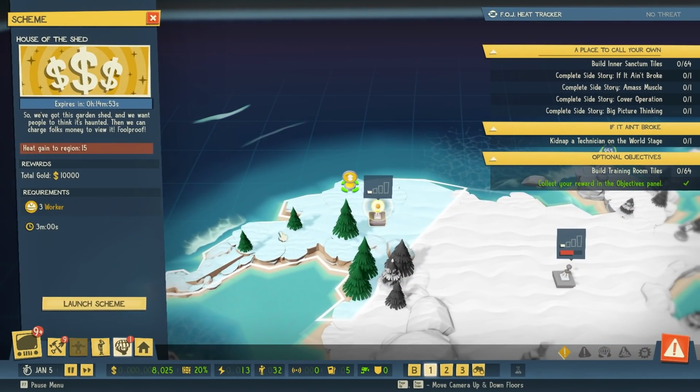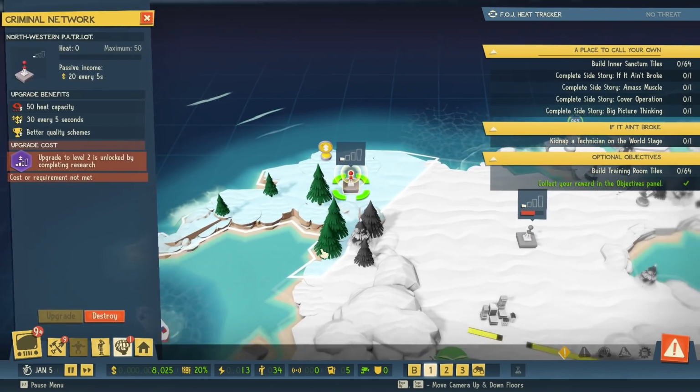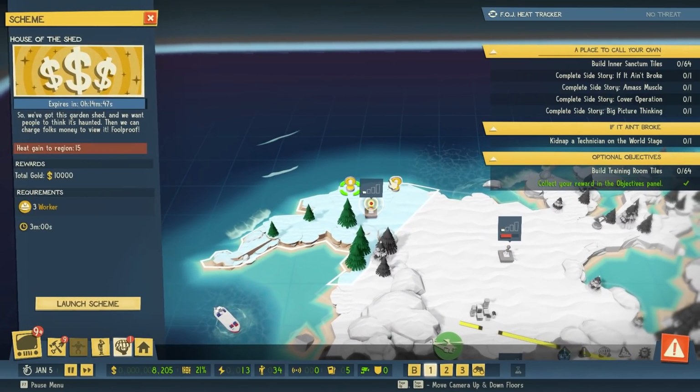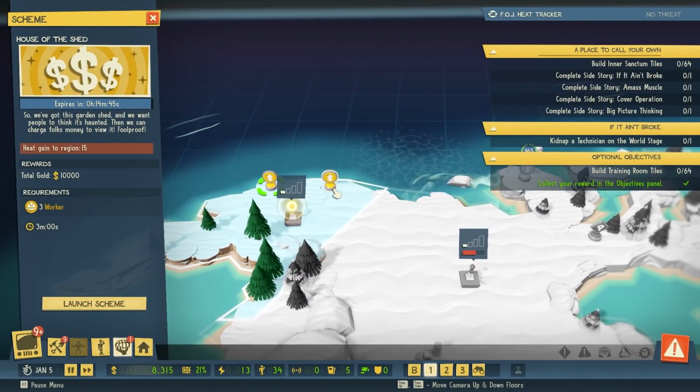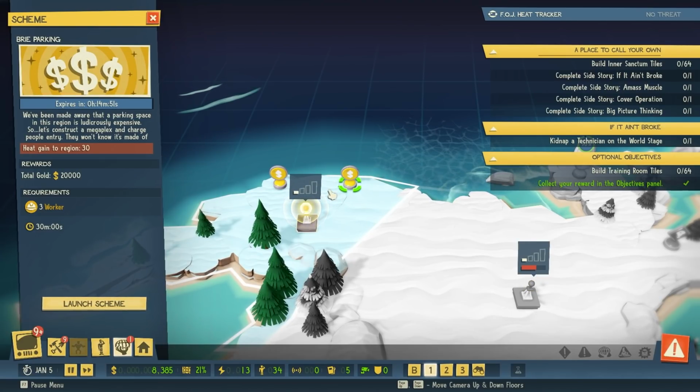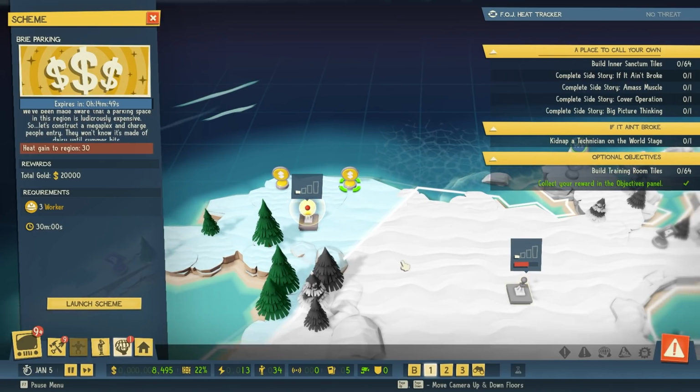Okay. Alright, what have we got over there? No, we don't want to do that one. Well, actually, getting that money a little bit faster would be fine, I suppose. We'll get us 10k really quickly. Or I can get 20k over a much longer time. But now that we've got...